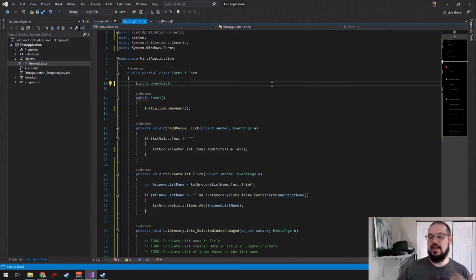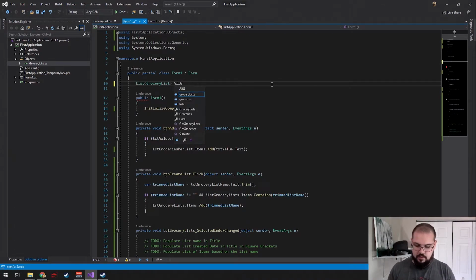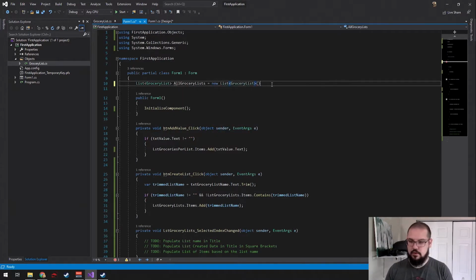So we are going to create a list in our class of our custom variable type. We're going to call it all grocery lists. And we're creating a new instance of it. How to explain instances? So you have